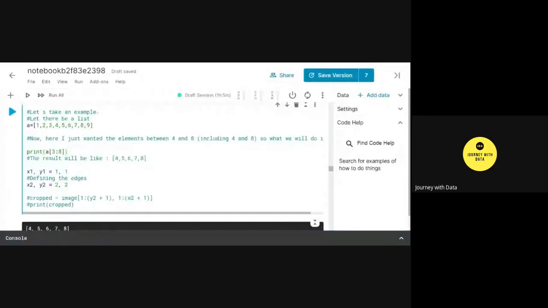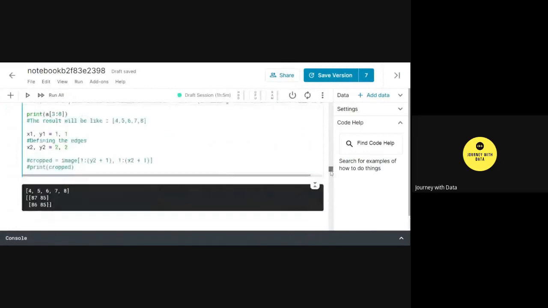For example, if I'm supplying the elements from the third index till the 8th index, the third index, which is 4, and then 5th, 6th, 7th, and 8th, these many elements will be printed out. So that's the output here: 4, 5, 6, 7, 8. That's the basic behind cropping an image, the kind of slicing and dicing that we do while cropping an image.